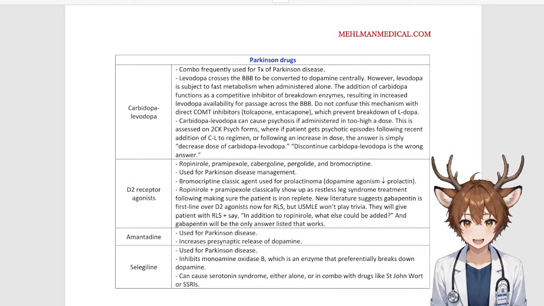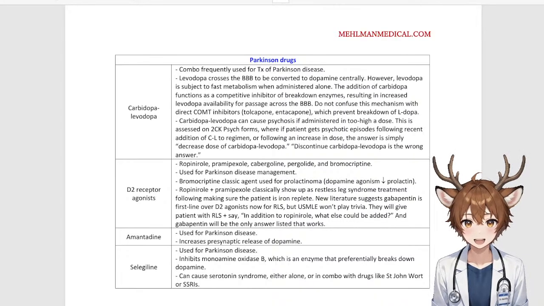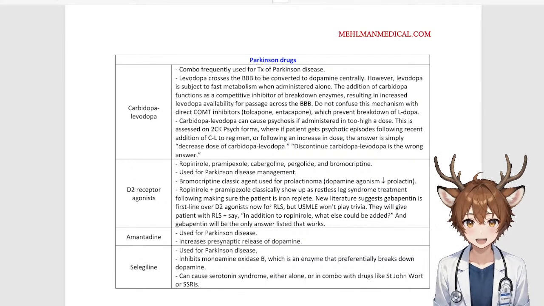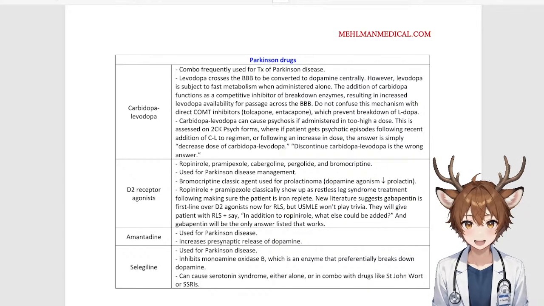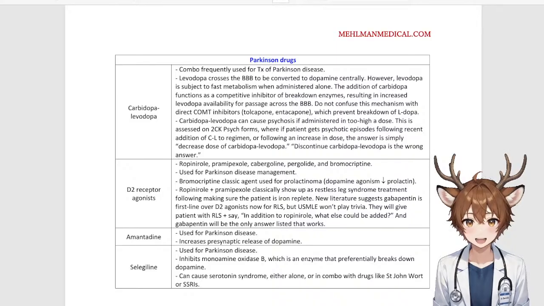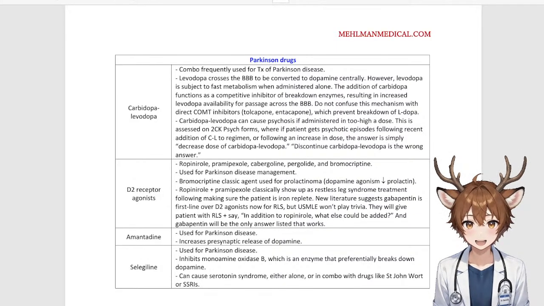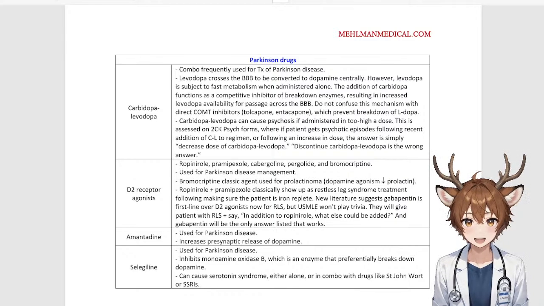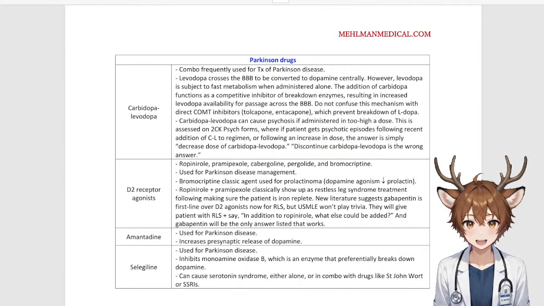D2 receptor agonists, ropinirole, pramipexole, cabergoline, pergolide, and bromocriptine, are used for Parkinson's disease management. Bromocriptine is the classic agent used for prolactinoma. Dopamine agonism decreases prolactin. Ropinirole and pramipexole classically show up as restless leg syndrome treatment, after making sure that the patient is iron replete. New literature suggests that gabapentin is first line over the D2 agonist now for RLS, but